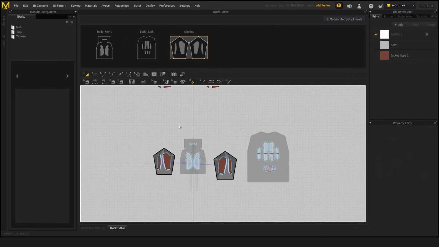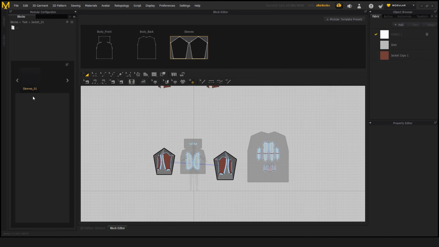Now, if we go all the way to Modular Configurator and locate the right folder, so in this case it's going to be test, jacket 1, we can see that we have sleeves, and this block is missing the thumbnail. I'm not even sure why, but it might have something to do with the image aspect ratio, or it just simply doesn't like William Defoe. I'm not even sure, but this is just something that happened in here. So if we